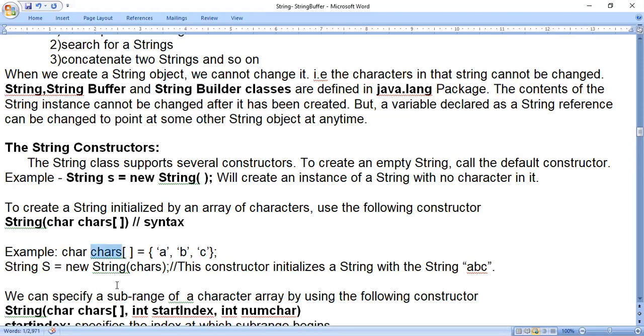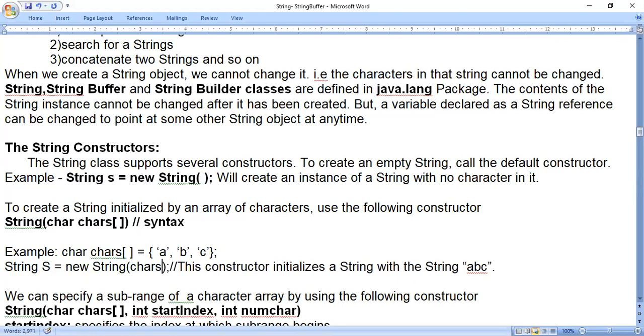And this identifier you can supply for this constructor. Okay. Because in the previous constructor, it is a default constructor without any parameters, so empty parentheses. In the second constructor, it is one parameter of type char, that is the character array. So you have to use it in the example in the same way. String s is equals to new String of chars. See, chars is the identifier, that is the character array. When you're using it as a parameter, you should not put a square bracket like this. Just write the identifier, that is, just write the array name. You should not put square bracket here.